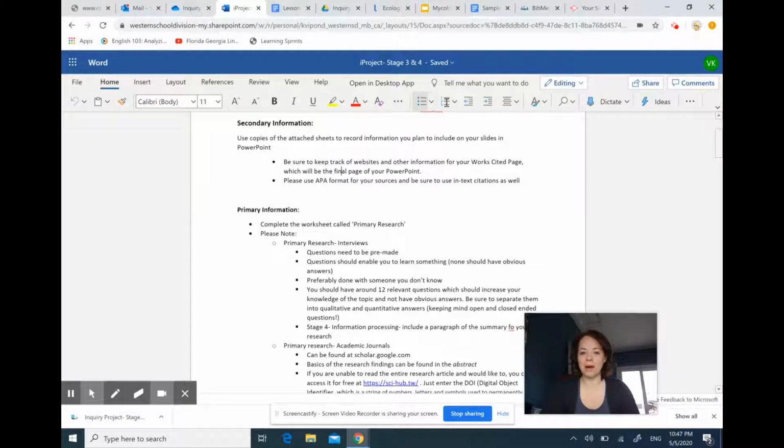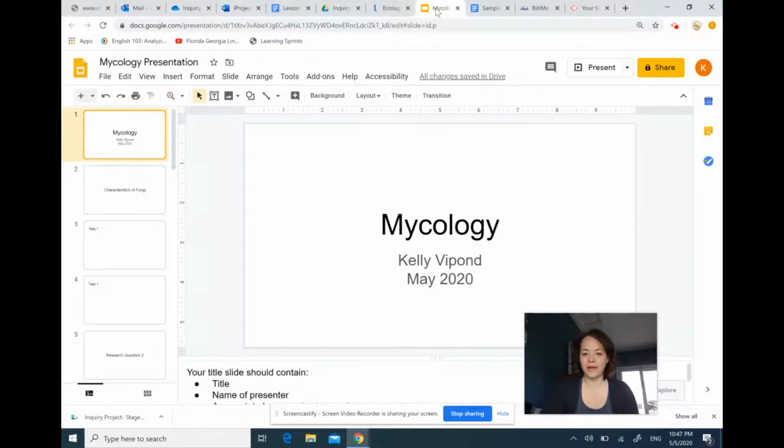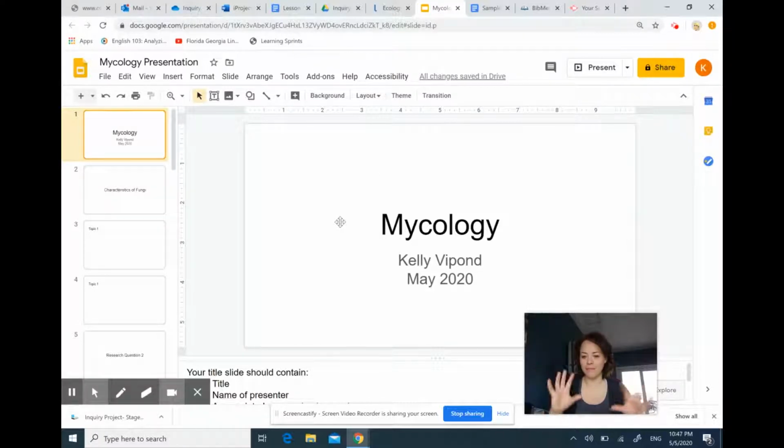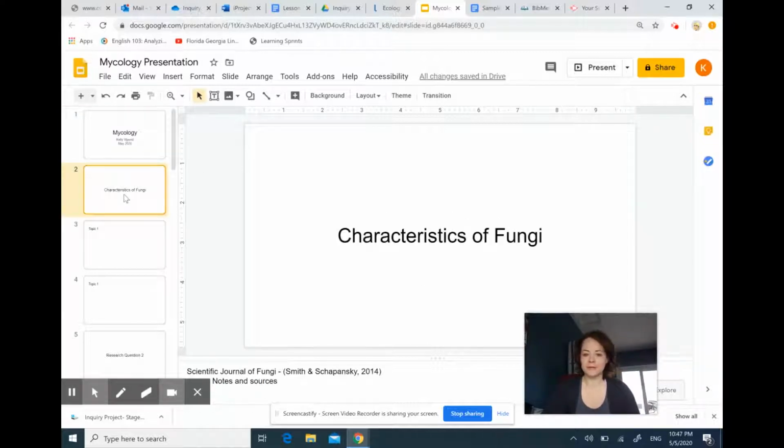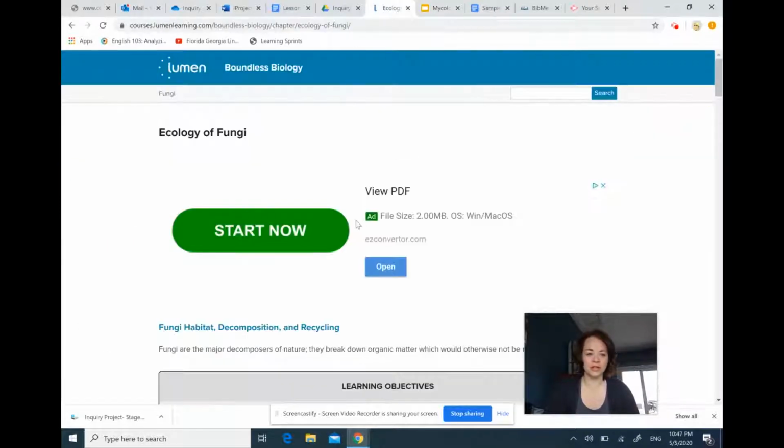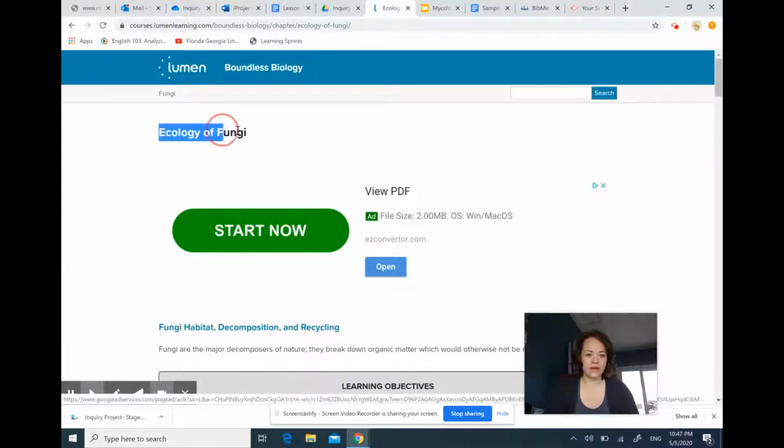If you remember, my original plan for my presentation was going to be mycology. I had done a little mind map on mycology, which is the study of fungi. And my first category of information that I was going to find was on characteristics and traits of fungi and their roles in ecosystems. So I went and I found myself a really good resource from Lumen Learning, and I've got ecology of